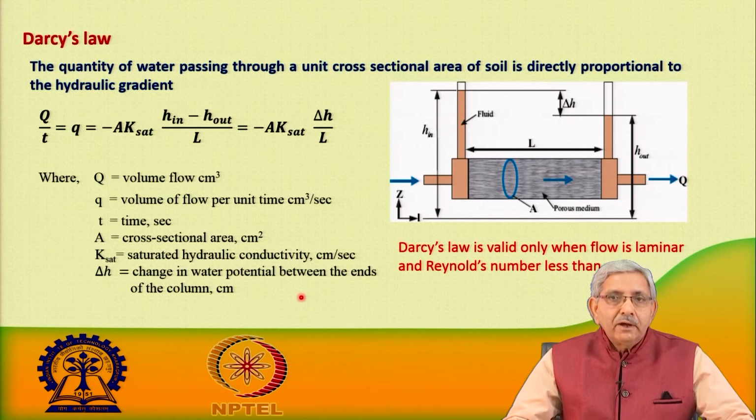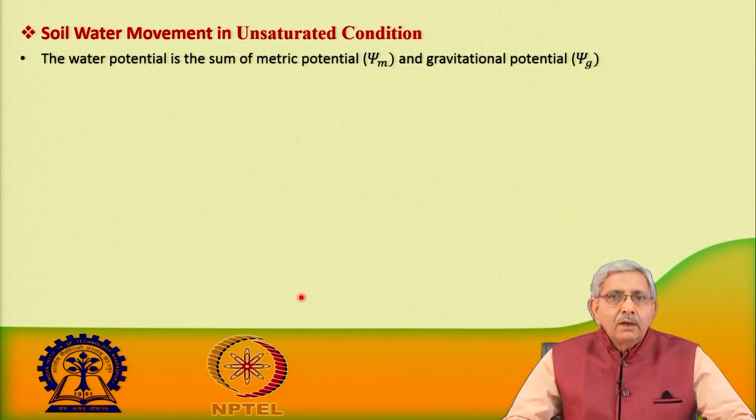Darcy's law is valid only when the flow is laminar and Reynolds number is less than 1. In many cases, for saturated flow, literature says that for groundwater flow the value of this Reynolds number is between 1 to 10. Now, from an irrigation point of view, we do not deal with the saturated flow. For groundwater flow through porous media, we deal with the saturated flow, but from an irrigation point of view, it is